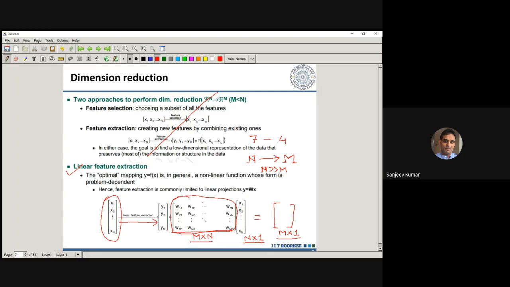So our objective is to find this matrix, and every matrix is a linear transformation. I want to find this matrix which makes an n-dimensional problem an m-dimensional problem, and I should lose the minimum information from my data. When I say that I should lose minimum information about the variability of the data, it means I should project my data into an m-dimensional space, which will have the maximum variation.